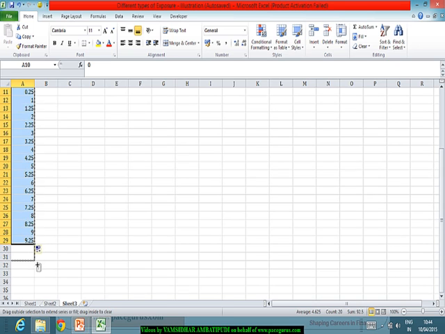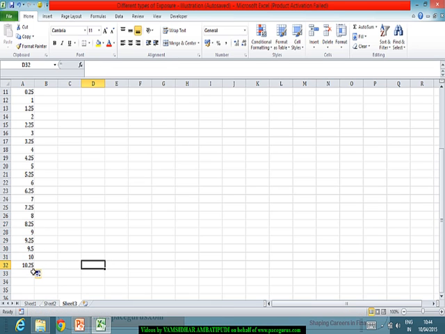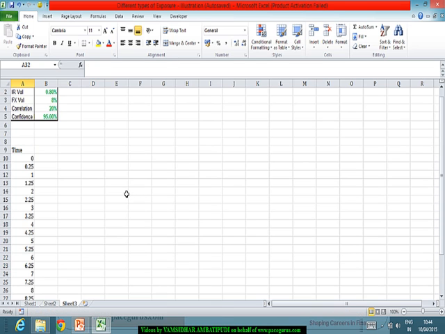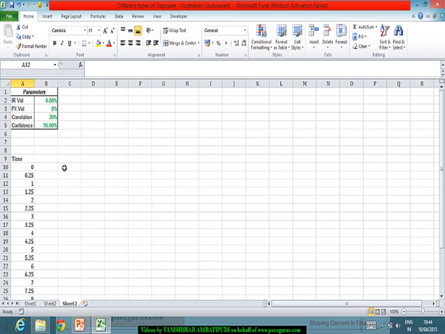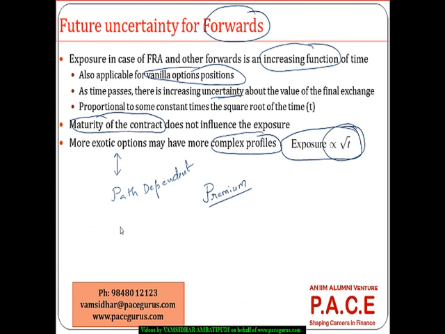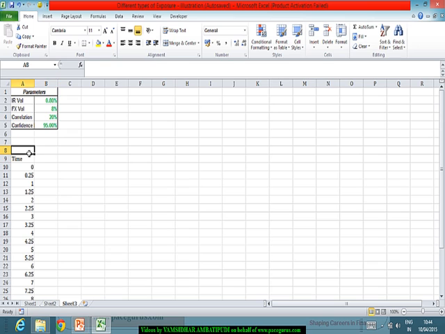Alright, 9.25 and probably 10, up to 10 I'll take. So this is the time I want to look at the exposure, right? I'm doing the calculation of the exposure, or probably PFE. Let me take it as the PFE